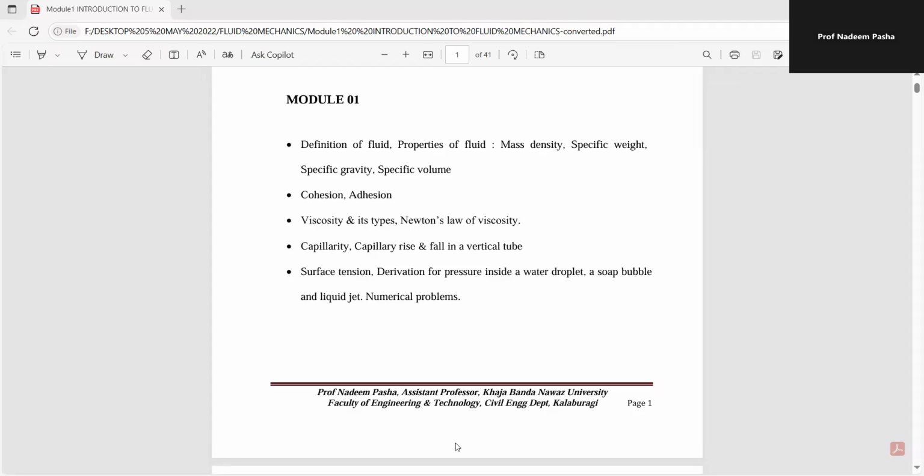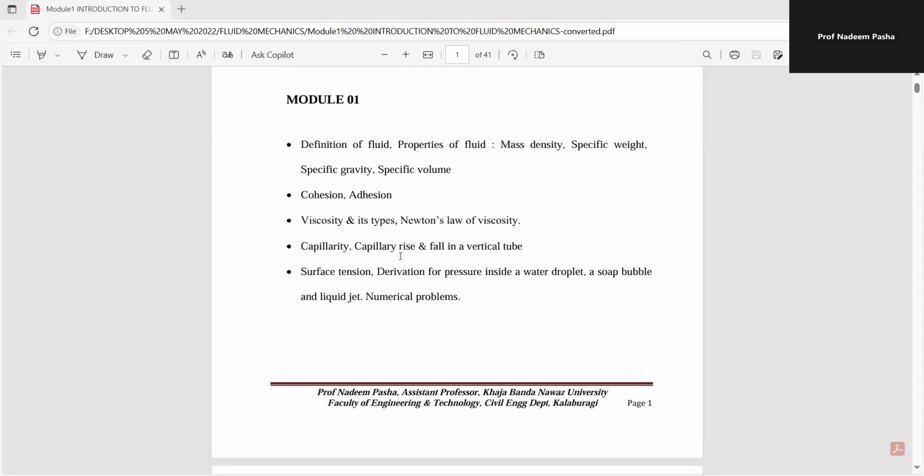So what we are going to study: definition of fluid, properties of fluid, that is mass density, specific weight, specific gravity, specific volume. Apart from that, we will study what we mean by cohesion, adhesion, and viscosity and its types, and Newton's laws of viscosity. Apart from that, we will also see in detail about